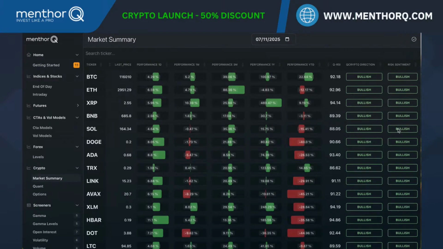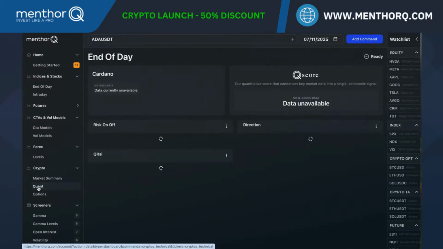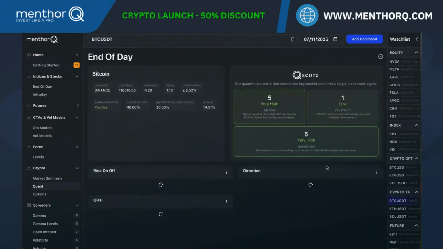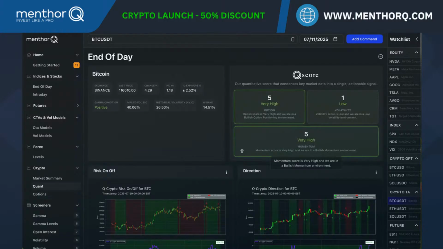For those who missed the session yesterday, we talked about crypto as a macro asset class becoming more relevant. It's important to understand how the asset class is correlated with other assets. So if, for example, the S&P 500 is in a bear trend, how does that affect the crypto market? So we built our risk-on, risk-off indicator. To see those indicators, you can click under the quant section, and we're going to spend some time on this, and maybe Dan, let me know if you have any question. And then you can look at the different crypto that are covered. And here, for example, we have Bitcoin.